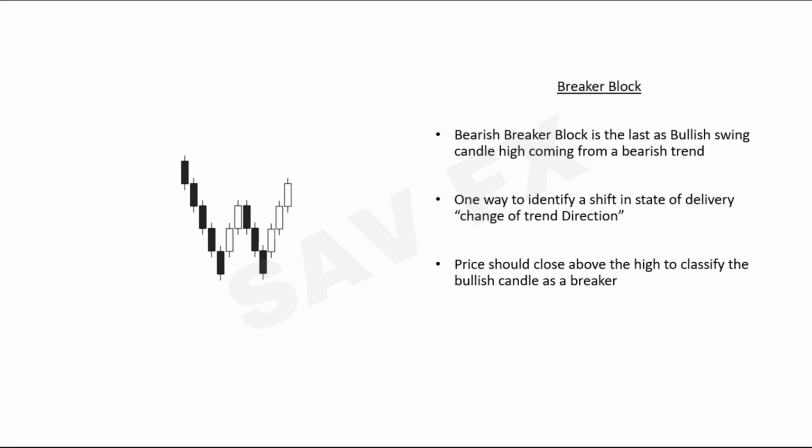But in this case right here, we have two types of PD arrays. We have a bullish breaker and a bearish breaker. A bullish breaker is the last bullish swing candle within a swing high. In simple terms, we're coming from a downtrend like this. Price creates a swing high, it draws lower, specifically to the swing low,